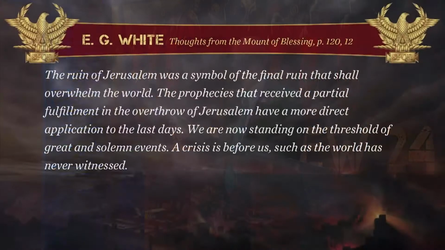A couple of more statements. This one is Thoughts from the Mount of Blessing, pages 120 and 121. The ruin of Jerusalem was a symbol of the final ruin that shall overwhelm the world. The prophecies that received a partial fulfillment in the overthrow of Jerusalem have a more direct application to the last days. We are now standing on the threshold of great and solemn events. A crisis is before us, such as the world has never witnessed. And then I'll give you one final one on this point, Testimonies to Ministers, page